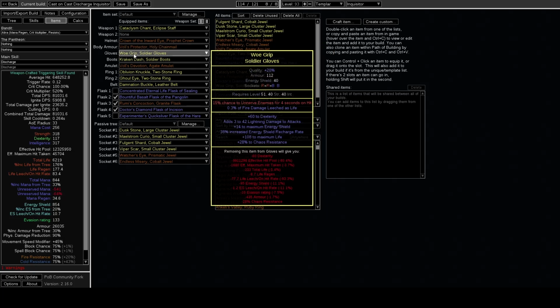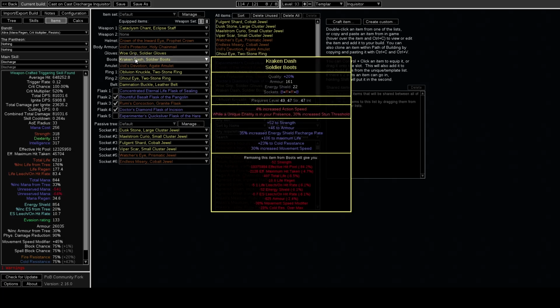I've got some gloves here that I got some fire damage leeched as life on using the new orbs from the new bosses, as well as Unnerve on a hit for spells, which makes enemies take more spell damage. And notably here you'll see I have increased energy shield recharge rate, same on the boots, increased energy shield recharge rate, and I've got 40% action speed there as well,